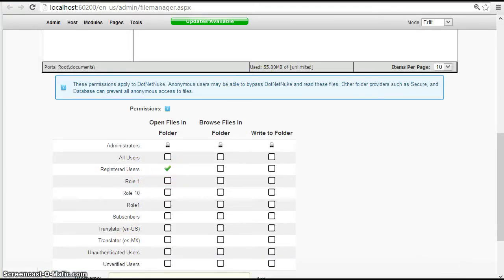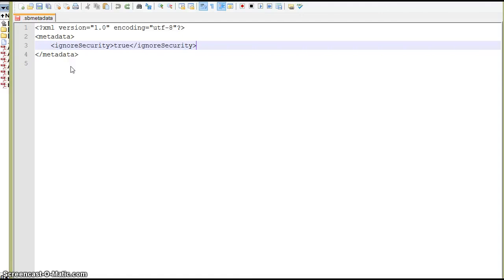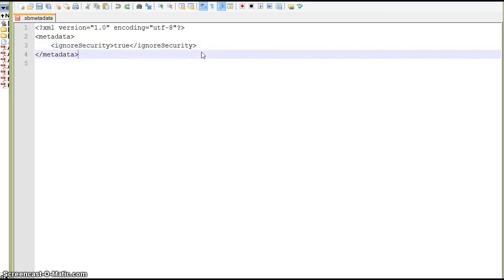Now I will go on disk, go into the Documents folder, and edit a metadata file. As you may already know, the metadata file is used by Search Boost to give more context to content at indexing and search time. For example, to give it categories, additional keywords, boosting, and the new feature, which is an attribute called ignore security. I set it to true, and it will give us the effect that I described. So I will save this document,